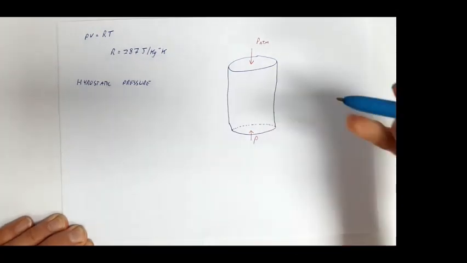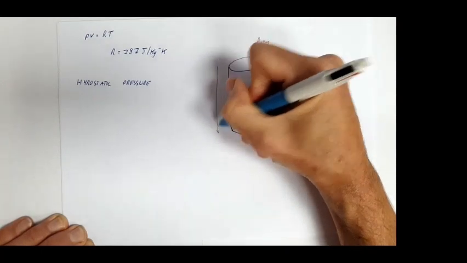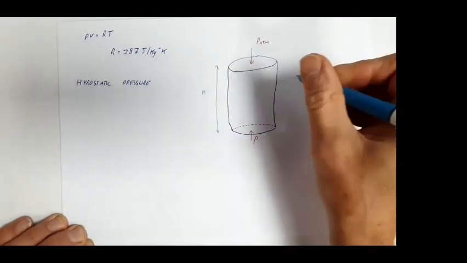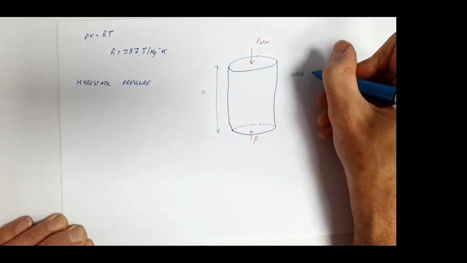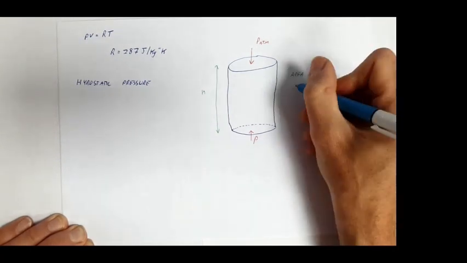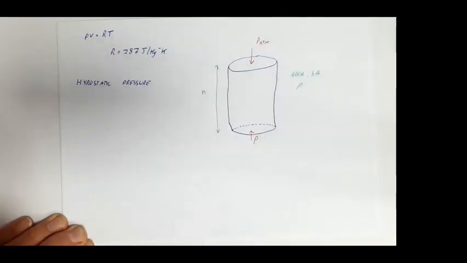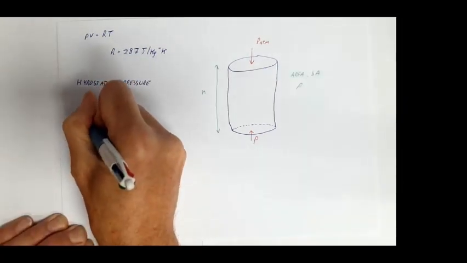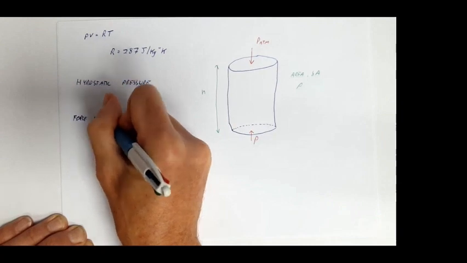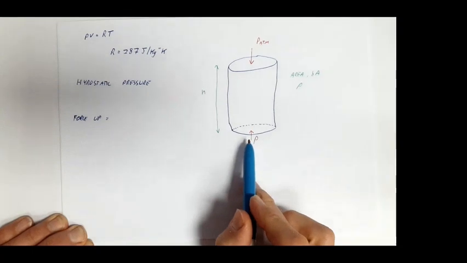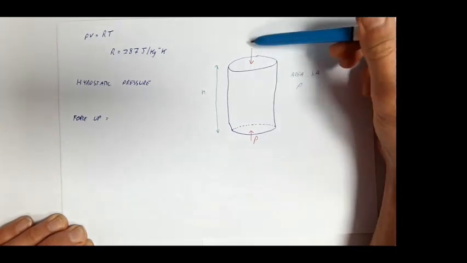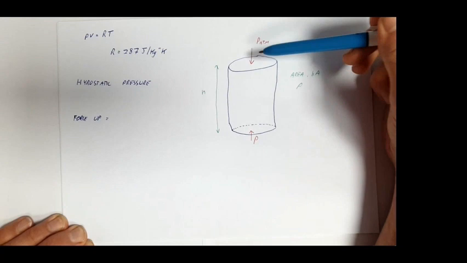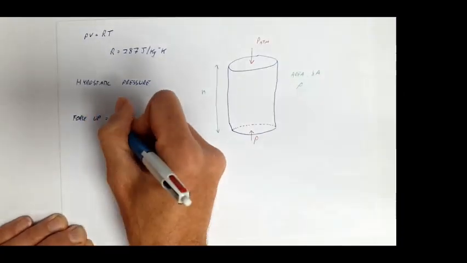This column of fluid is of height H, and its area, let's call that A. Its density is D. Okay, so if this is setting it up in equilibrium, we know that our force up, so the force on this bottom surface, is the same as the weight of the fluid acting downwards and the force exerted from this local atmospheric pressure. So the force up equals the weight of the fluid